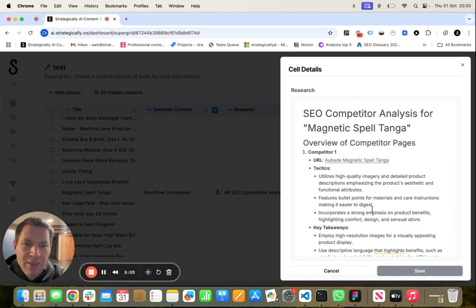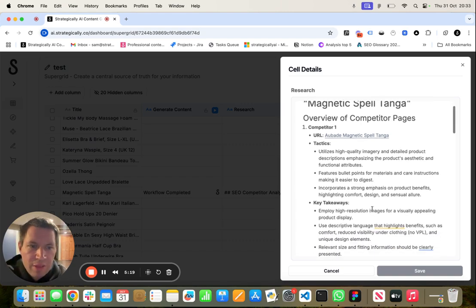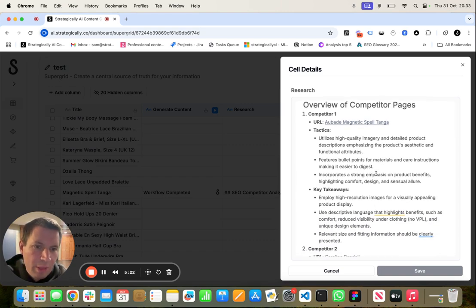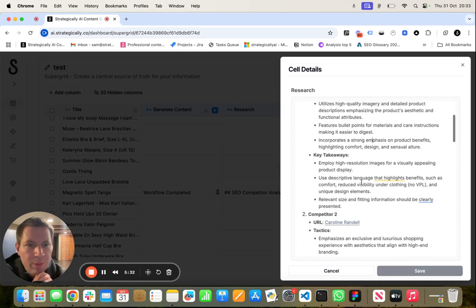That kind of tells us that from a functional perspective, this is probably targeting or speaking to a female buyer, because from a functional perspective, we want to understand what the product means. So features, bullet points for materials and care instructions, making it easier to digest. So again, it's matter of fact information, and it's all about the care for the garment, or a lot of information about the materials and the care. So again, those are things that this business believes the buyer is going to find critical to